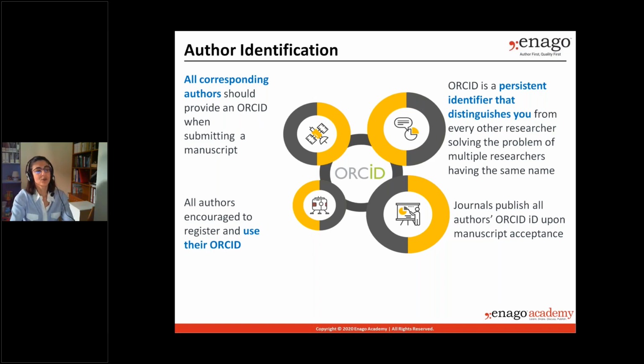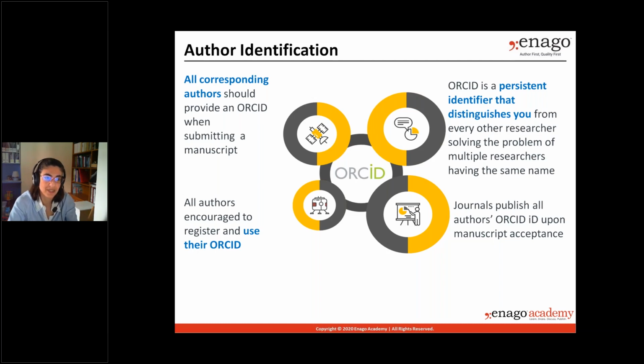So, in order to be able to identify authors and ensure that appropriate credit is given to them, all corresponding authors should provide their ORCID number, ORCID ID. Every author is welcome to register and obtain this unique ID if you visit the ORCID website. This unique ID in a profile that you create in the ORCID database ensures that you have your unique identifier